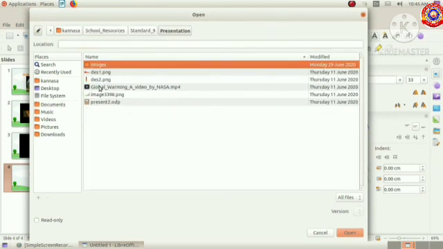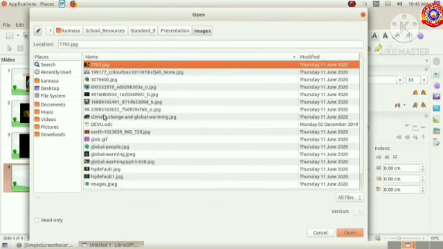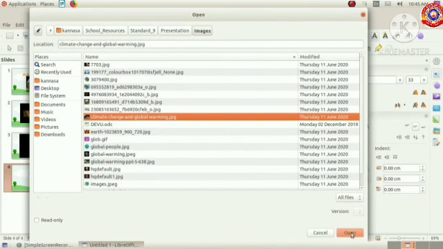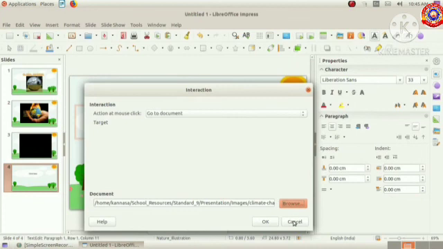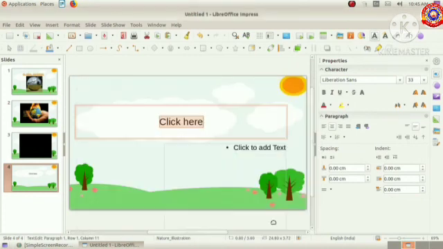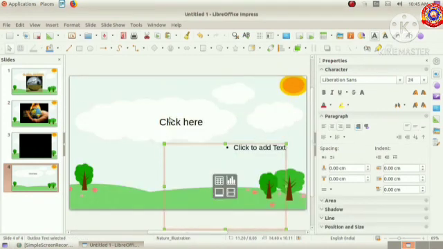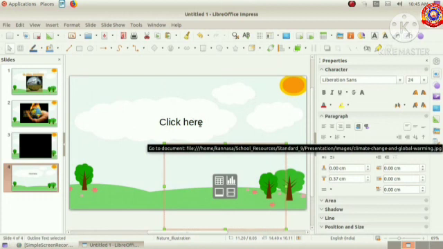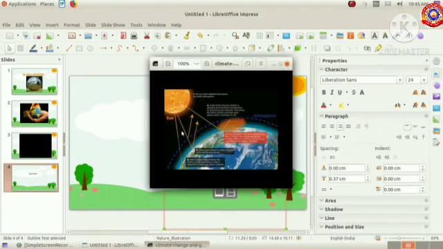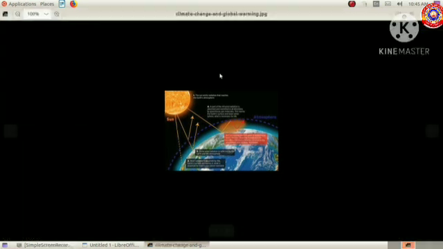Browse and select the required file. See, when we place the mouse pointer above this word, the mouse pointer changes to hand symbol, and when we click this, we can enter into the document we have given. Is it clear for you?